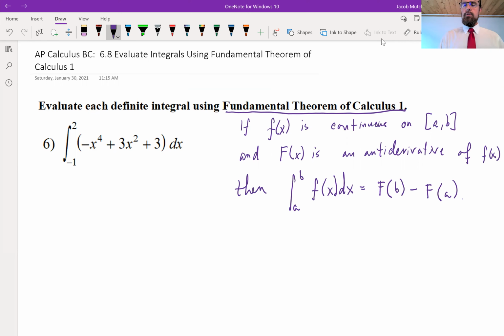Essentially what it lets us do is find the antiderivative and then substitute in my limits of integration and find the difference. So let's do that now. I want to start off by finding the antiderivative of negative x to the 4th plus 3x squared plus 3. And to help us with that, we just need to have a simple power rule for integrals. So I'm going to write that here in red. The power rule for integrals